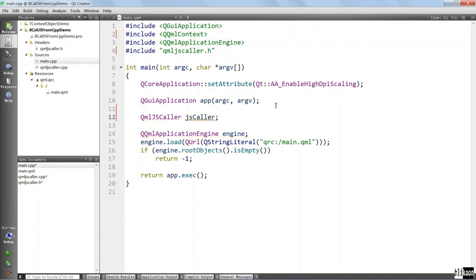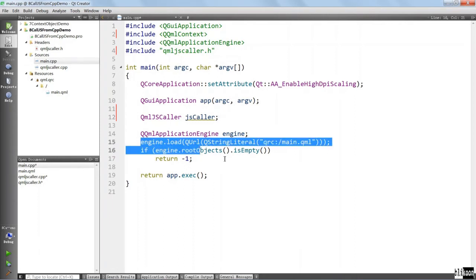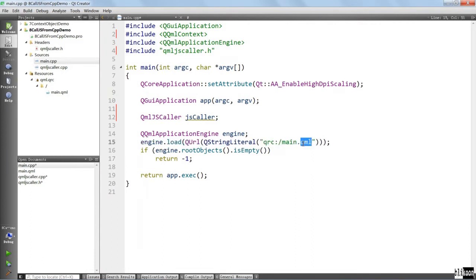And we are going to do something a little bit special here. Why is that? Because we need to set the root item only when the QML file here has been loaded. Notice that there is a possibility for this load method here to fail, and we know when it has failed when the root object's list here is empty. So what we're going to do, we're going to put a pair of curly braces here, return when something is wrong, when this is empty,